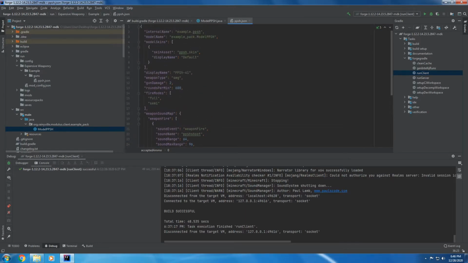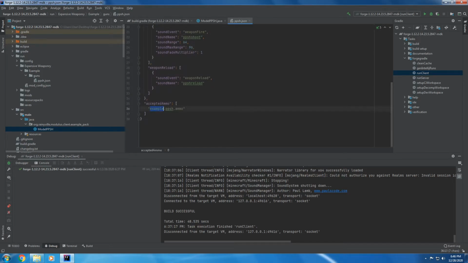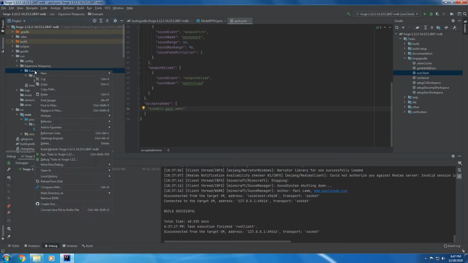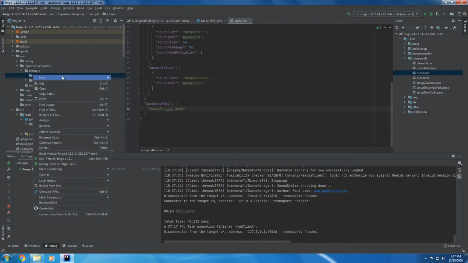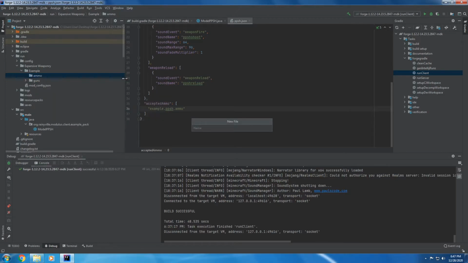So there is no convention for how you should name things, but in this case I would highly recommend using the name of your content pack and the name of your weapon. So same concept applies here. Name of your content pack, name of the gun, name of the ammo. Now speaking of ammo, we want to add the ammo. So we need to make an ammo folder. Now inside here we can make a brand new JSON file, which in this case is